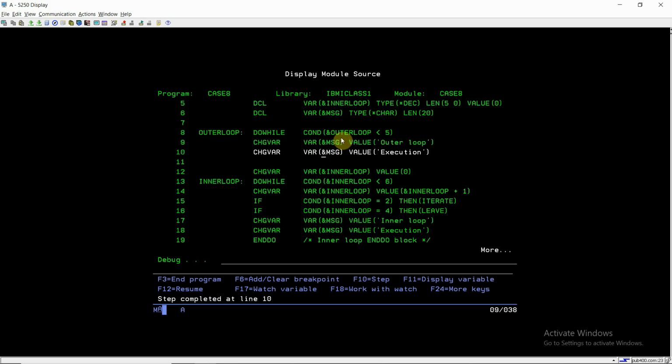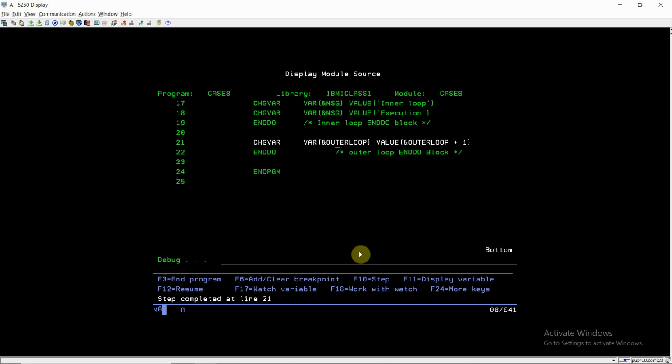Now again it executes for 2, inner loop will again become 0, check, inner loop will now become 1. It will execute the below commands. For 2, it will iterate, it will skip the processing, as we can see here. So it didn't execute the below commands.